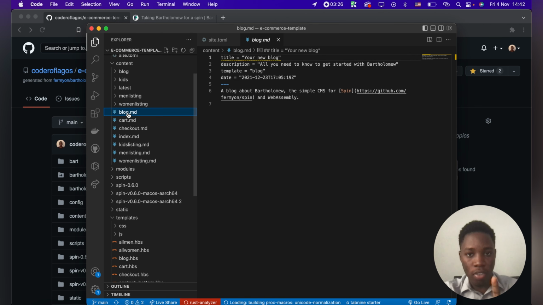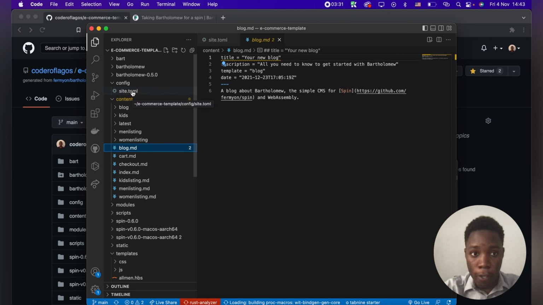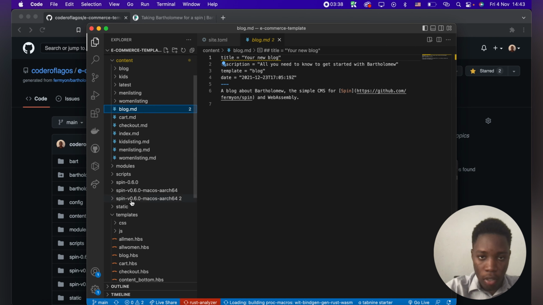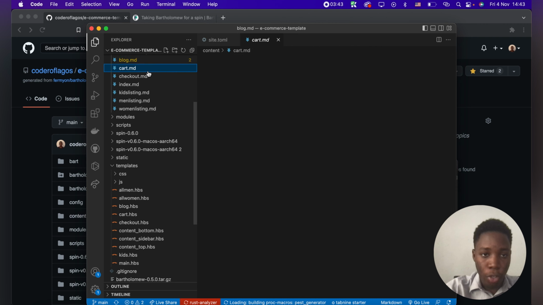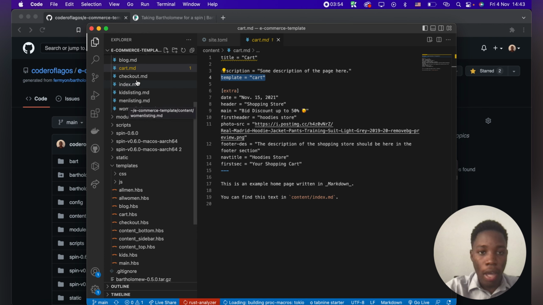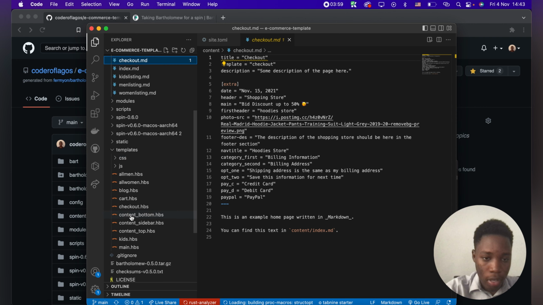And how does it work with this? Of course, you've indexed it directly in the sites.toml file, and this directly works with the blog.hbs file, which you can see here. And for the cards, you can actually see templates here, cards, and it's calling out this cards.hbs file. Also, as you can see, checkout in here works with the checkout templates, which is in here. And then for the all women,